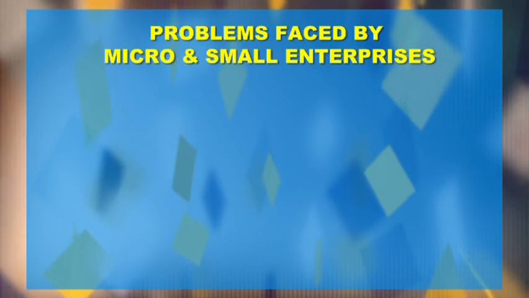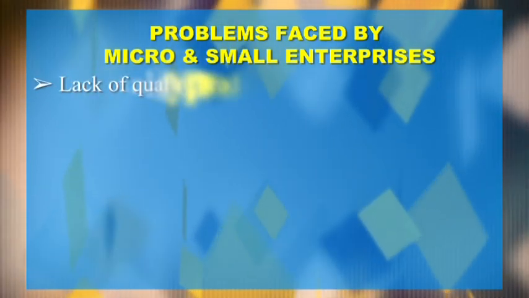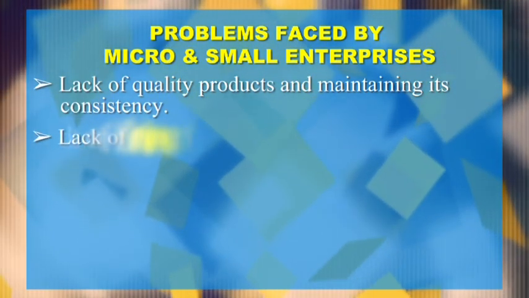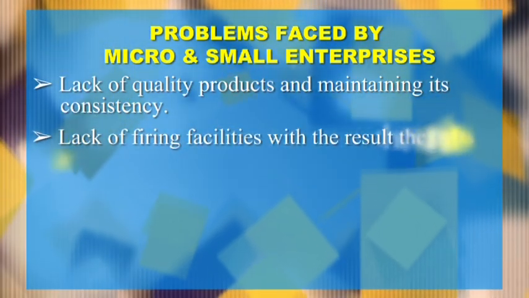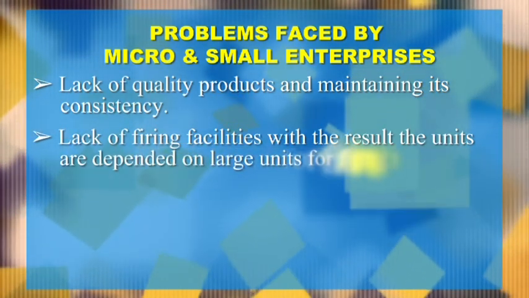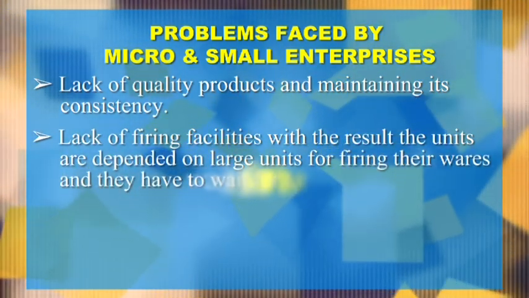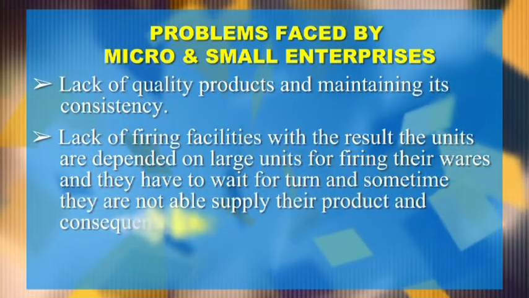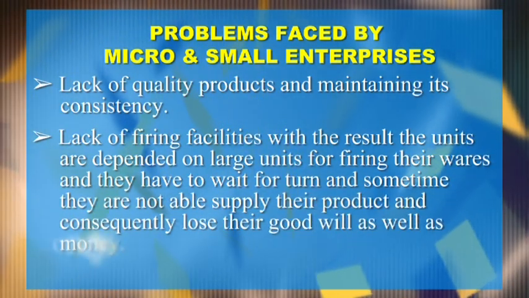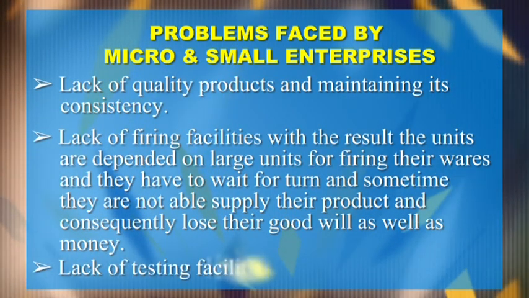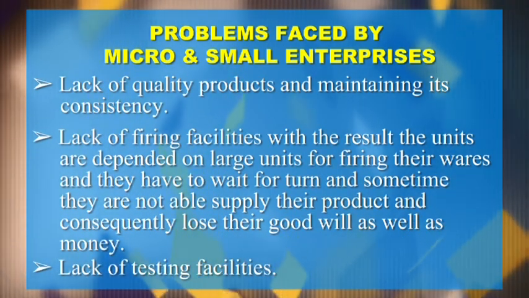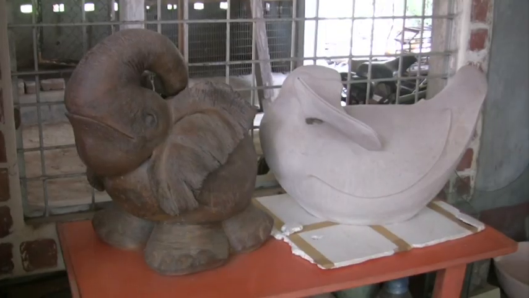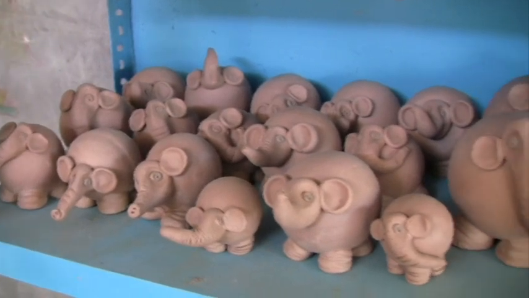Problems faced by micro and small enterprises were lack of quality products and maintaining its consistency, lack of firing facilities, with the result of units were dependent on large units for firing their wares, and they had to wait for their turn, and sometimes they were not able to supply their products and consequently lose their goodwill as well as money. Lack of testing facilities. Ministry of MSME and CGCRI Kuja has carried out a diagnostic study, and the soft interventions